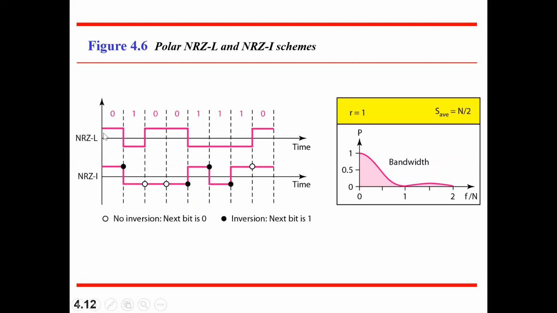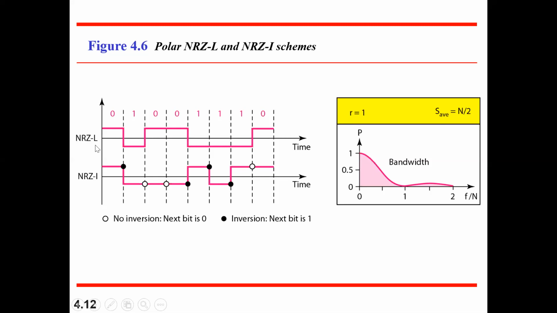With respect to level, polar does not consider the reference point. That is, 0 amplitude will never happen. It may go to the highest peak or lowest peak, peak to peak, that is plus A to minus A. So minimum is minus A, plus A is maximum. This is how it works. 0 always represents the highest peak, and 1 always represents the lowest peak. This is how the data you want to transmit is coded.